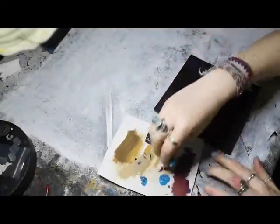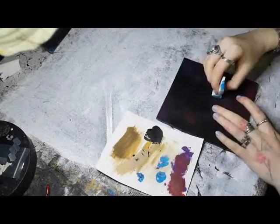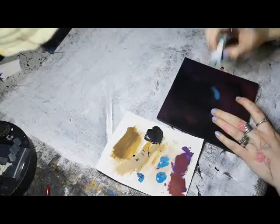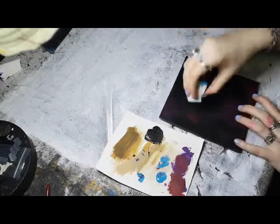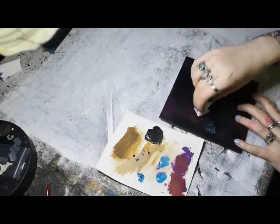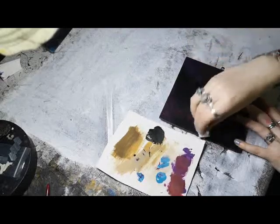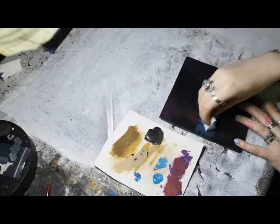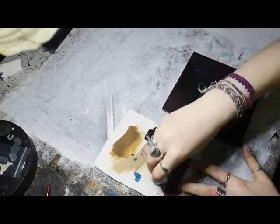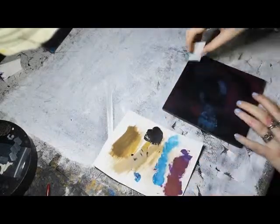Now that the first column is out of the way, we're going to start working with our blues. For this one, we've used a mixture of teals and turquoises and a little bit of royal blue as well. So for this one, you're just going to dab it in most of the areas that you've left open with the black. For this one, we're going a little over-exaggerated. We're applying a lot more than you normally need, but this is so it actually shows up on the camera